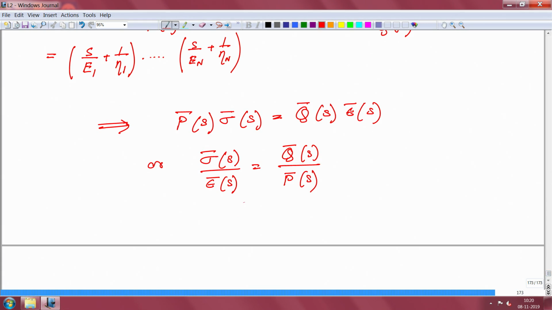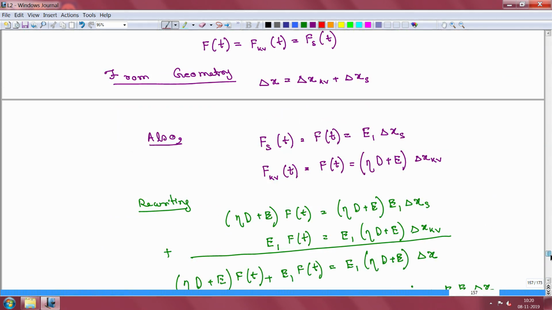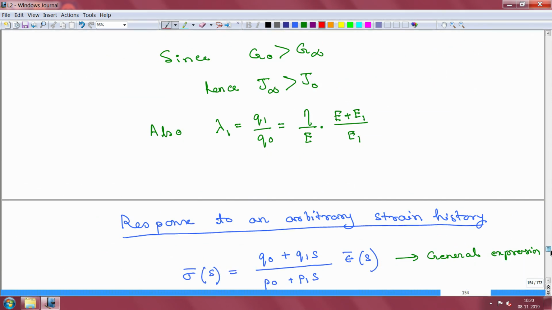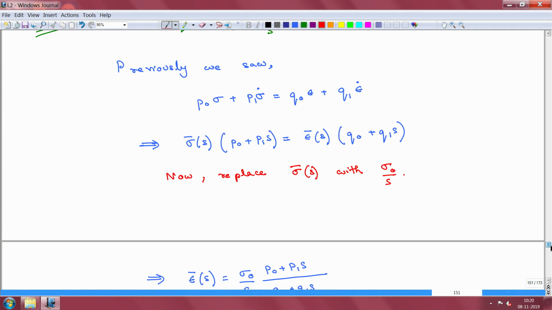This form is very similar to what we had done before. I will quickly show you the similarity with what we had done before, and that should help you understand how the solution process will work. Remember, this is what we previously saw. In that case it was simple because the polynomial had only one power of the differential operator, and the same process can now be repeated for the polynomial with the nth power.